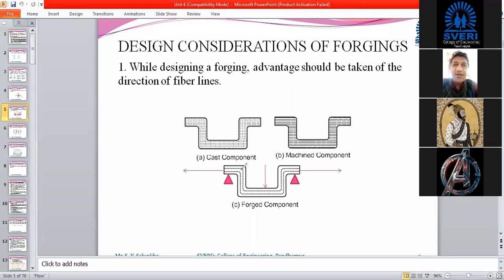But in the case of forging, these fiber lines get forged, and the strength of the fiber lines increases. That is the advantage of the forging process. So as far as possible, you can use forging where you want more strength. For example, we can take a crank. A crank is manufactured by means of forging.